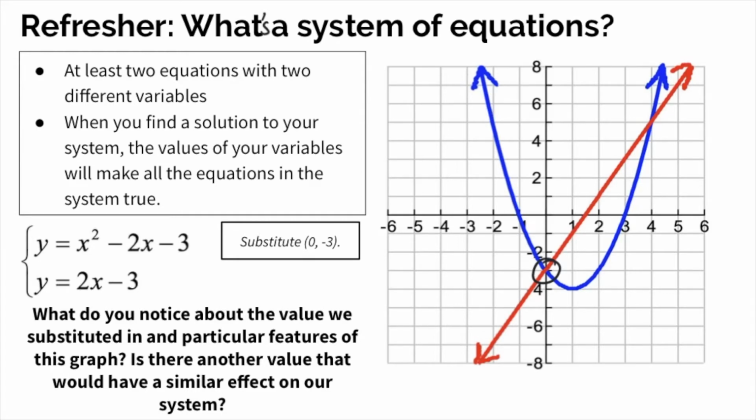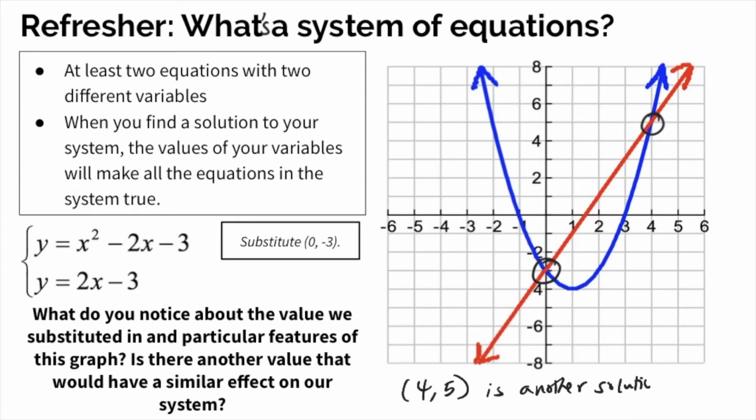And when we have an intersection of these two lines, that's actually going to reflect a solution, or a point at which these two lines are actually crossing or meeting each other. And so if we're thinking about whether there is another value that would have a similar effect on our system, creating an intersection, we just want to see where else we see these two lines intersecting, and we see that they intersect over here as well. So that point is 4, 5. So we're going to say that 4, 5 is another